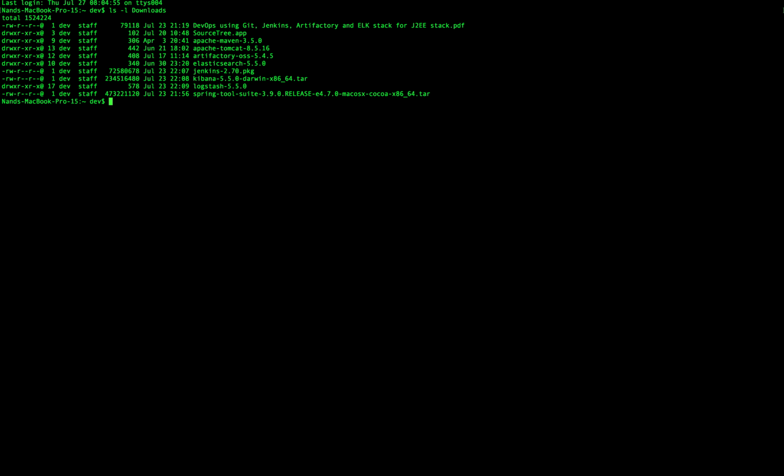So I'm going to list everything that I've downloaded within the download folders. I'm at the root of my home directory. So if I do cd and I look at where I'm at, the root of my home directory, and the user called dev, right? So I'm going to create a directory called DevOps that we'll be using for installation of other software as well. And I'm going to copy from downloads